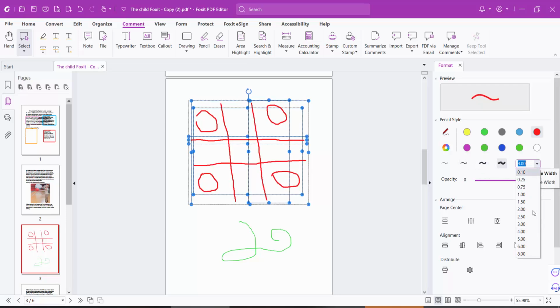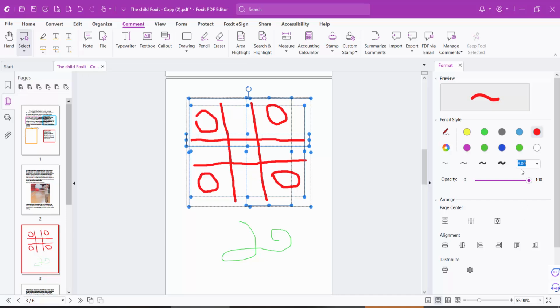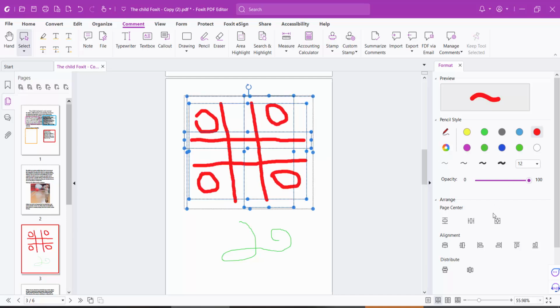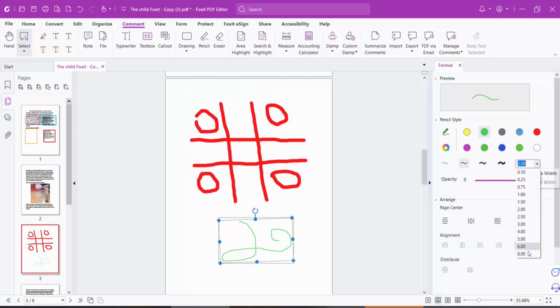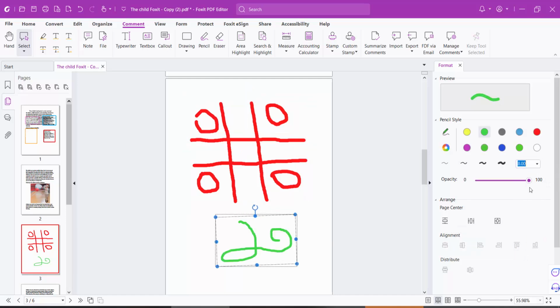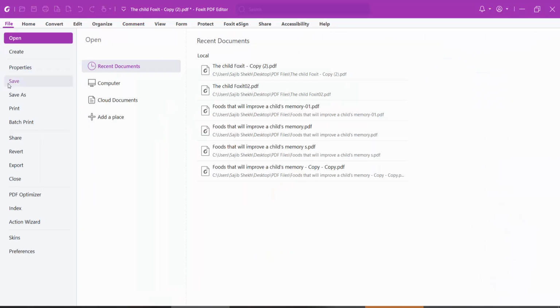And also here you can increase the width and make it 12 and see this. In this way you can decrease a drawing width and make it 14, height is 12, and see this. In this way you can change a drawing thickness and finally select this file option,